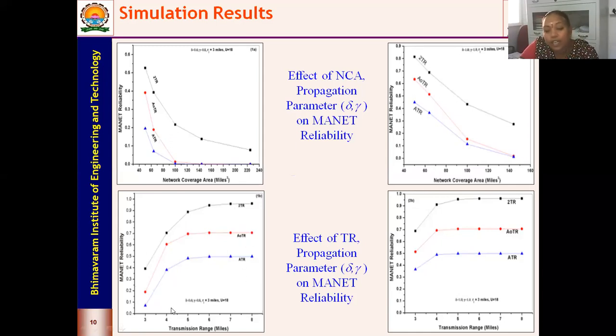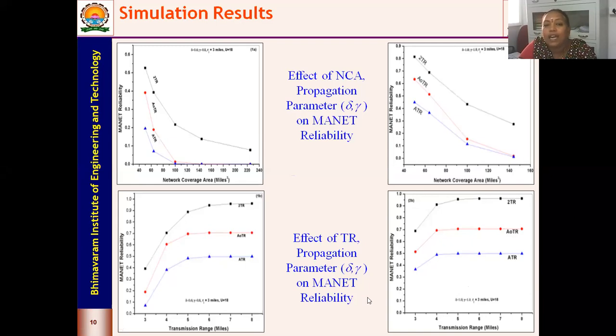And now when I try to increase delta and gamma values, you see that because of the reduction in the signal strength, the values are still smaller than what we got for delta is equal to 0.6 and gamma is equal to 0.8. And one more thing I would like to say is, when delta and gamma are equal to 1, your model will behave as a binary model, which we studied in yesterday's case. So this is with respect to the transmission range.